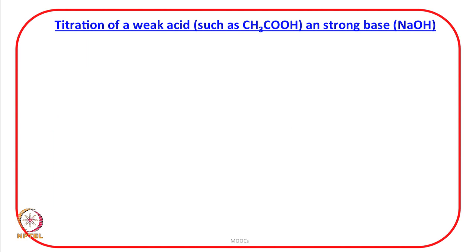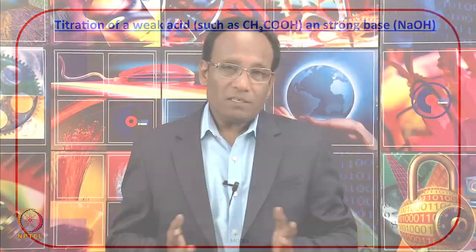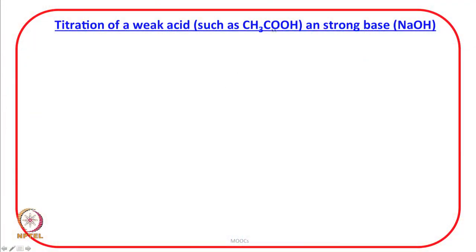Okay, let us talk about now titration of a weak acid with a strong base. A weak acid, again as we discussed in the previous lecture, is not completely ionized. It is very weakly ionized. And an example of a weak acid is acetic acid. A strong base which is virtually completely ionized. So, let us take this example and go to the slide. Weak acid, example is acetic acid. So, when you titrate,